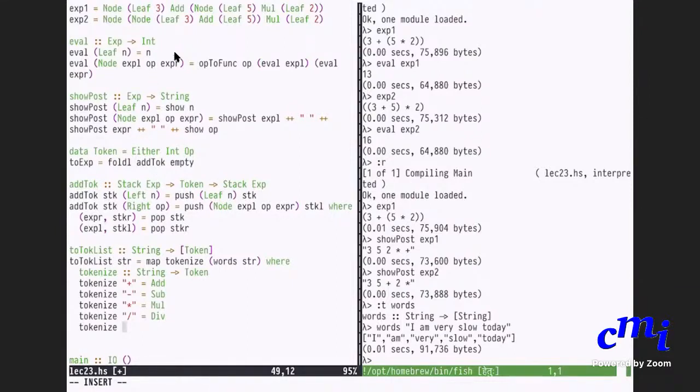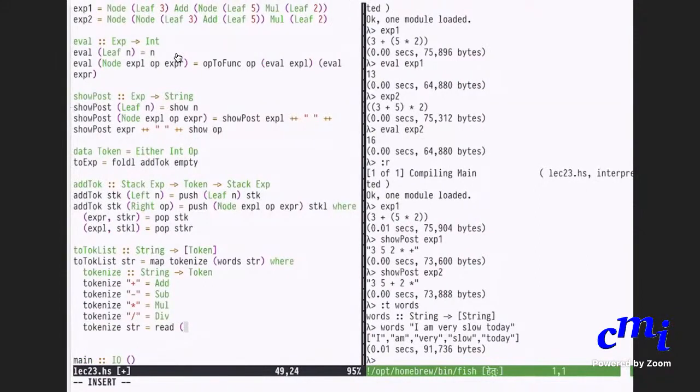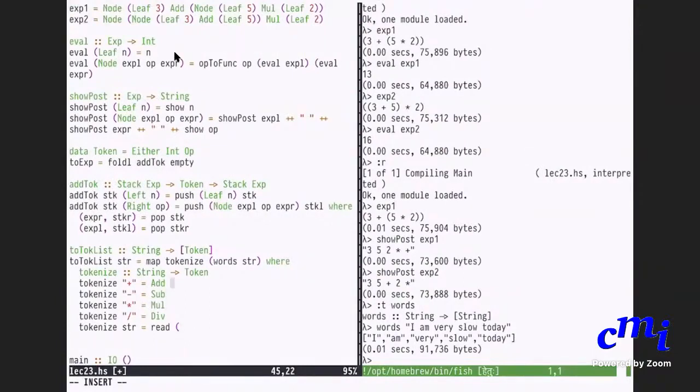Okay, and the way to do it is to say that tokenize of string equals read. There is this function called read that will parse. So one problem I have, token is either, so I should put right for all these things.